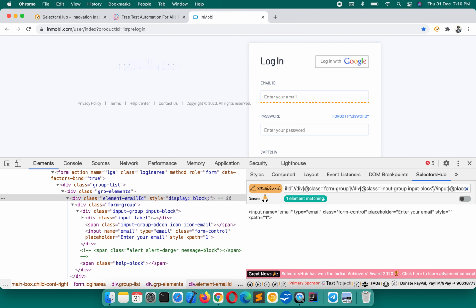Okay, now it shows one matching node. Now we can remove all the in-between parents and directly connect this child input to this parent, which is unique, and make the relative XPath. So this is an XPath in which we connect to a unique parent to make the XPath for that particular element unique.